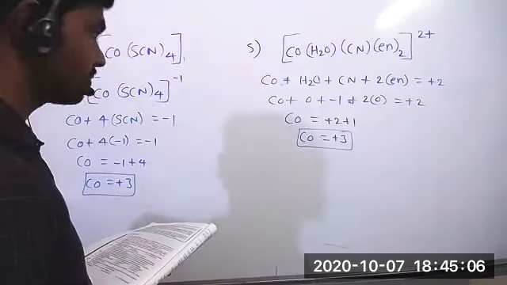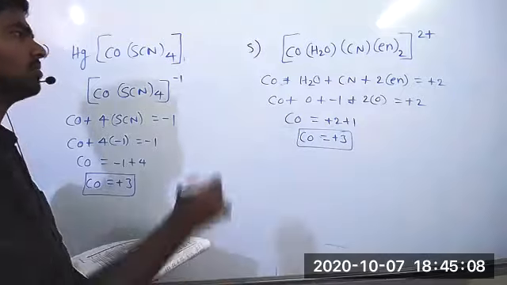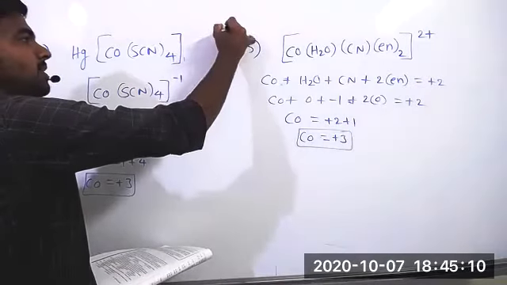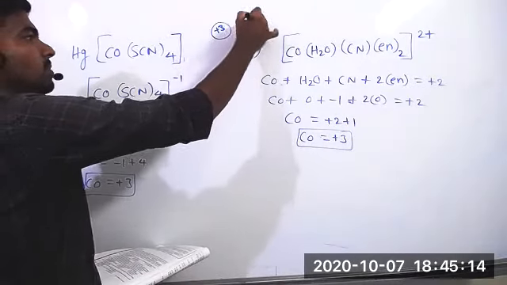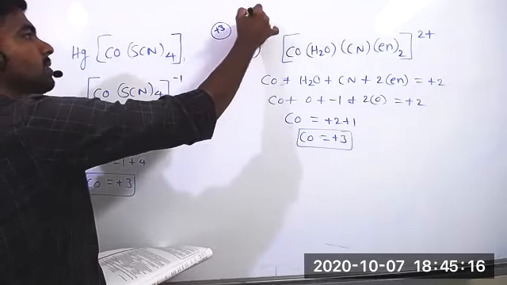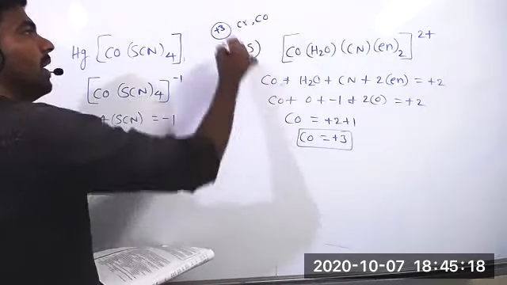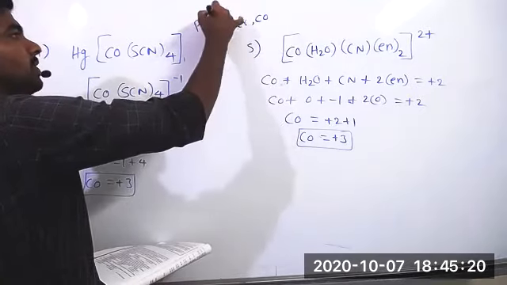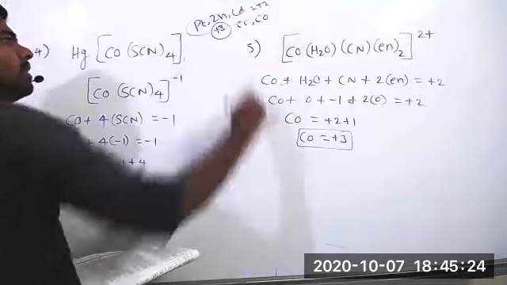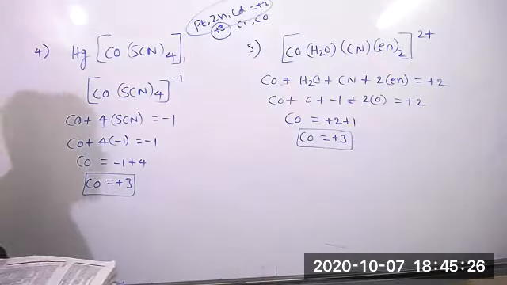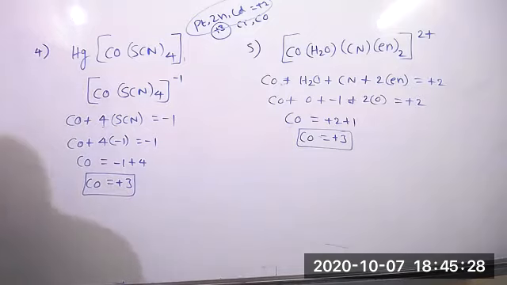Yeah, 3 correct. Cobalt mostly shows +3 oxidation. Cobalt is mostly +3, but in very rare complexes they are showing +2. Chromium also maintains mostly +3. Chromium and cobalt. And if you see platinum, zinc, cadmium, these always prefer +2 only. Platinum, zinc, cadmium. And sometimes nickel also prefers +2 only.